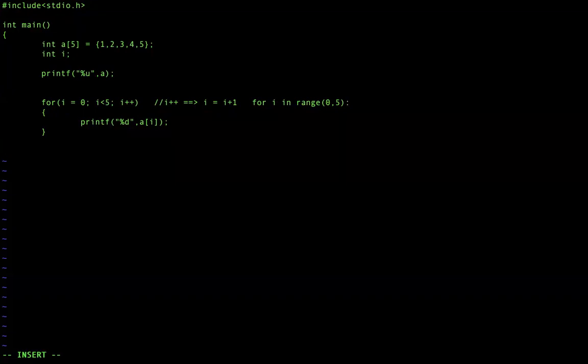Now I want to print the addresses also. So maybe I will print here itself. So this is formatted, right? And the address is %u because it is unsigned. Now this I will print as ampersand a of i. See how I am printing. So what does this mean? Can you tell me why I'm writing like this? Can you tell it in an English sentence, somebody? Can you speak out in an English sentence?